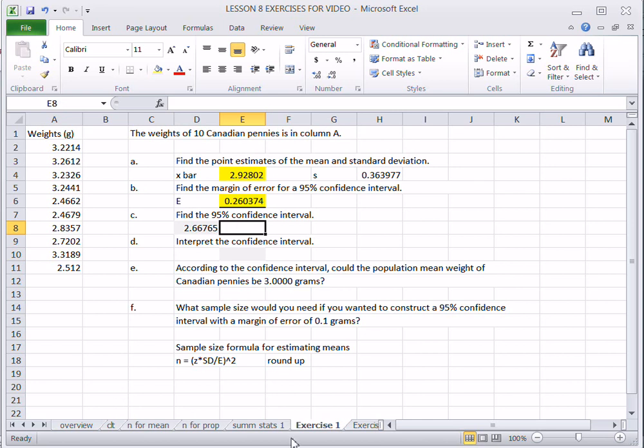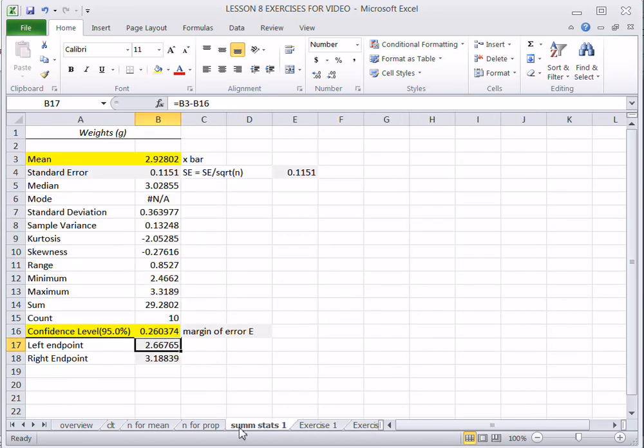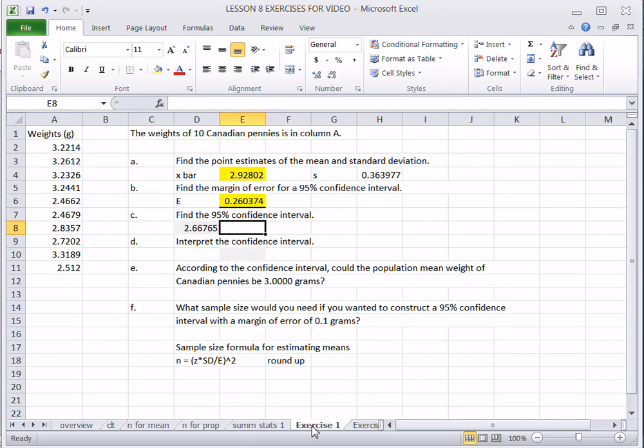And then the right endpoint was 3.18839. So 3.18839. Okay, so this is the confidence interval, 2.66765 to